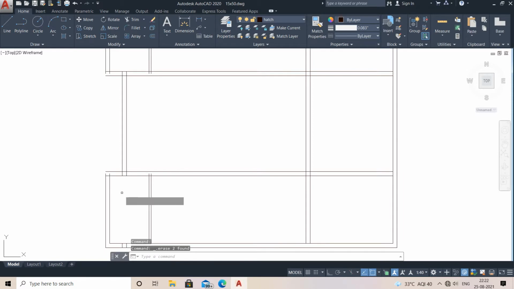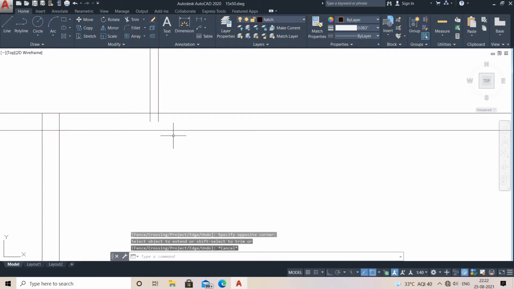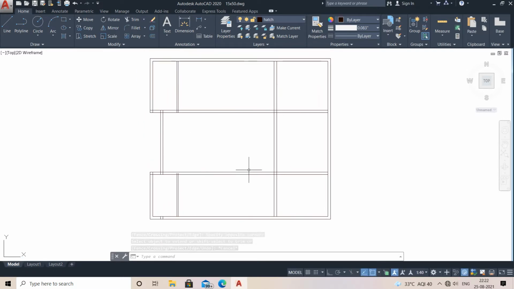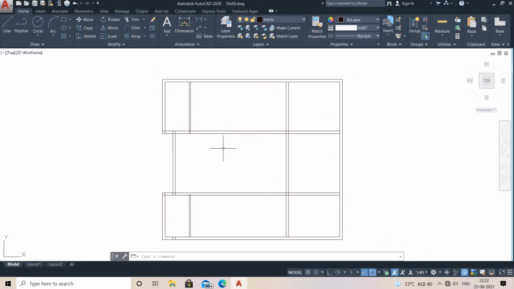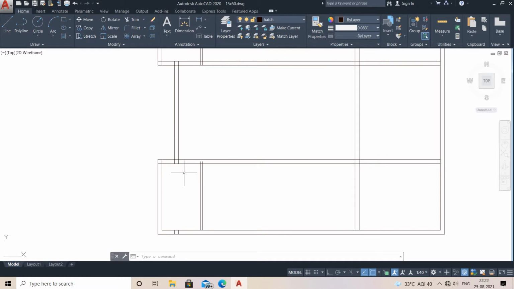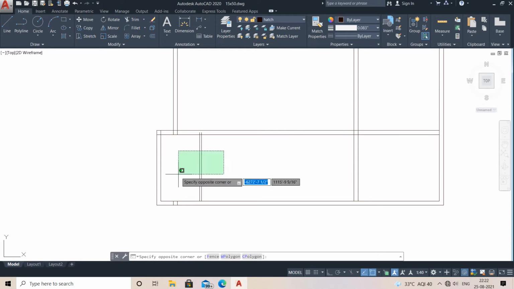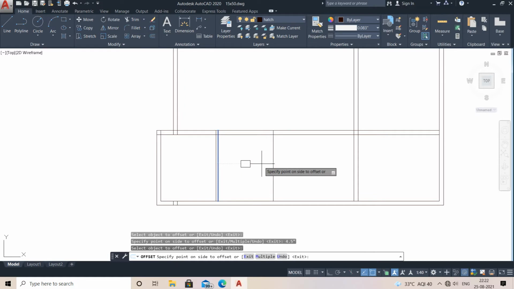Now just join this all, right? Just join this also, because we need to place some things. After that, what you need to do, here according to Vastu I am placing. So according to Vastu, see, this is your east, right? You need to place your kitchen in this corner, because the southeast corner is for the kitchen as per Vastu. So I'm going to take it as 10 feet from here to here, and 4.5 inches.